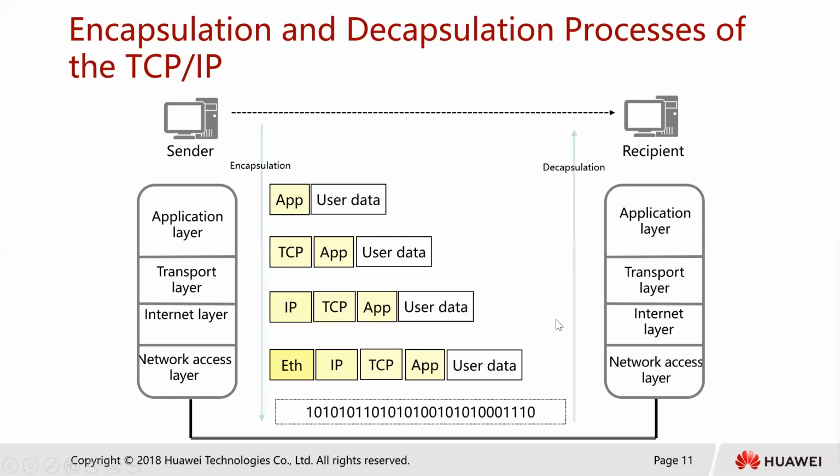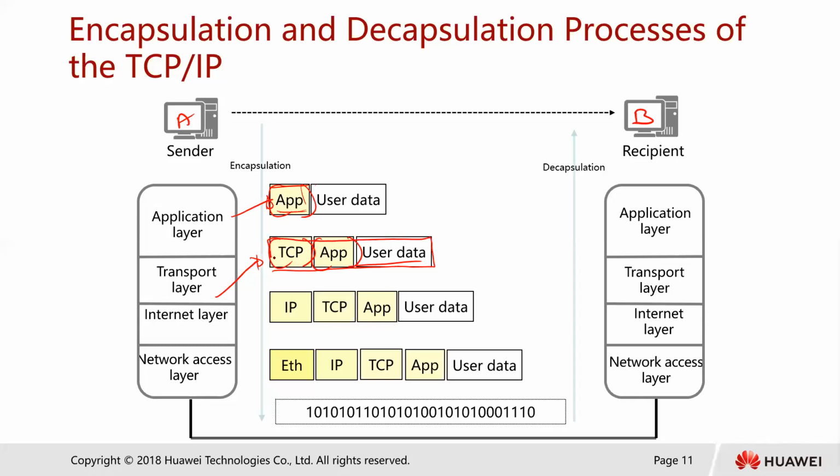So, encapsulation and decapsulation process. I've already explained this before, that when a sender A is going to send packets to recipient B, sender A here sends a packet, and this packet will be encapsulated. The application layer will get this user data, and it will add a header of application data, and it's going to encapsulate it and put there the data that is relevant. When this data is received here, the transport layer is also going to go ahead and add its header of TCP details and the application data, and then it will encapsulate